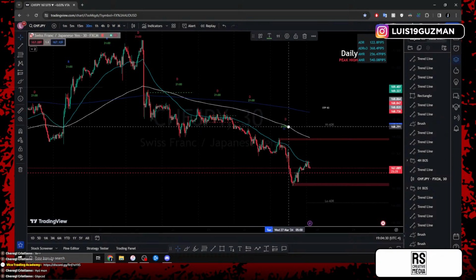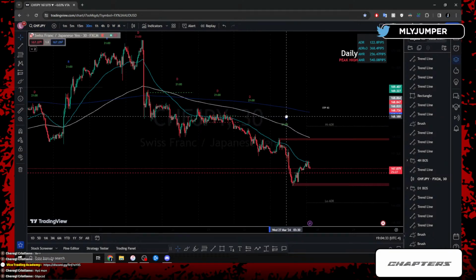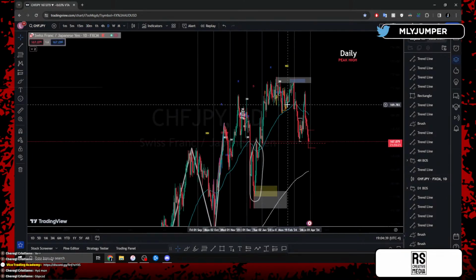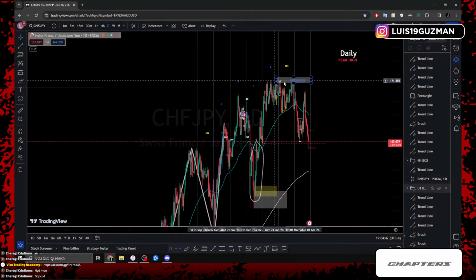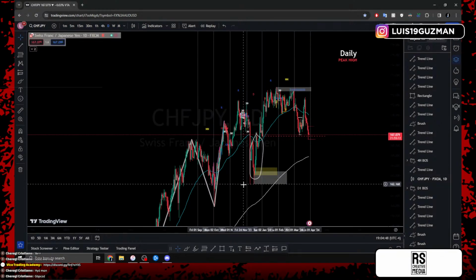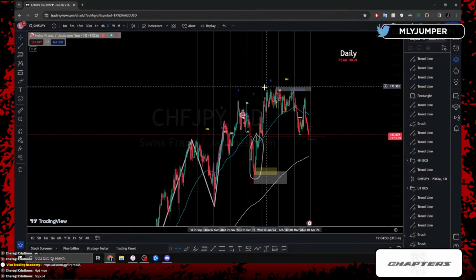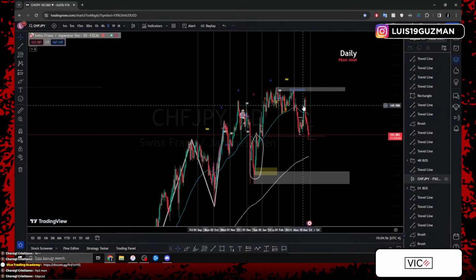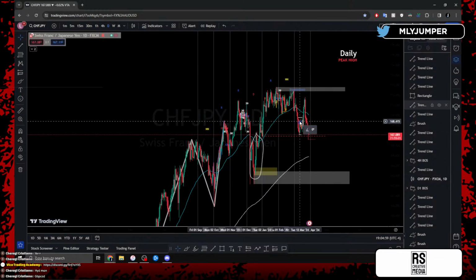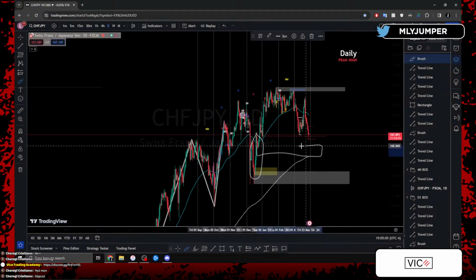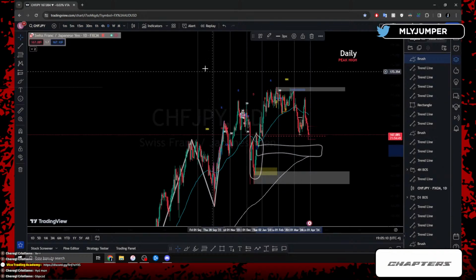Currently this is still going counter trend, but we are in peak high territory. So if price gives us an external change of character and break of structure, on the daily or 4-hour time frame, then we know price is going to finally turn around. We can see that on the daily time frame we're still trading between this higher high and higher low, higher high. The fact that price is starting to drift away from the highs is all good. We're still expecting a higher low to be made, and the pullback we're expecting price to pull back to is this zone right here. So still plenty more room to go down.